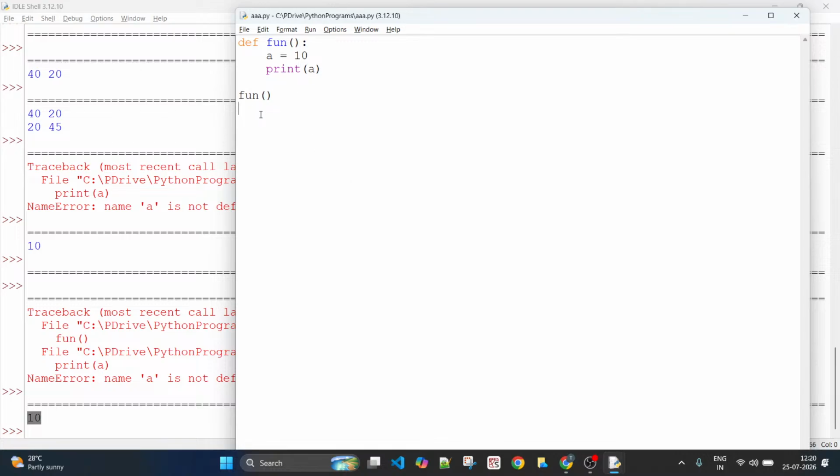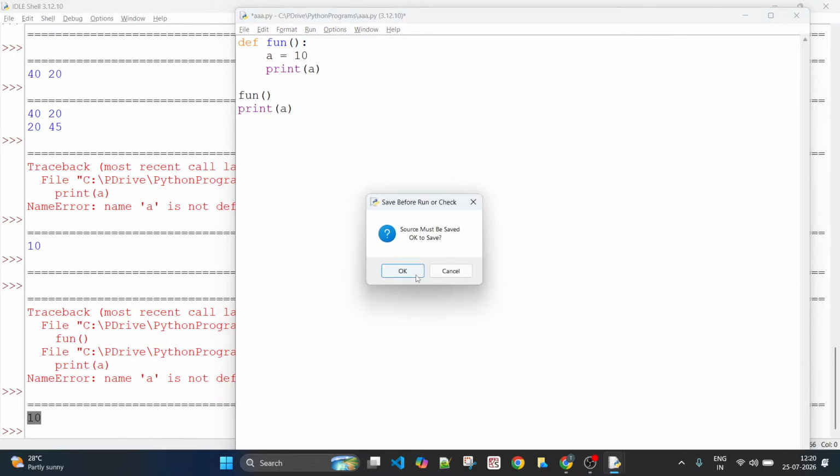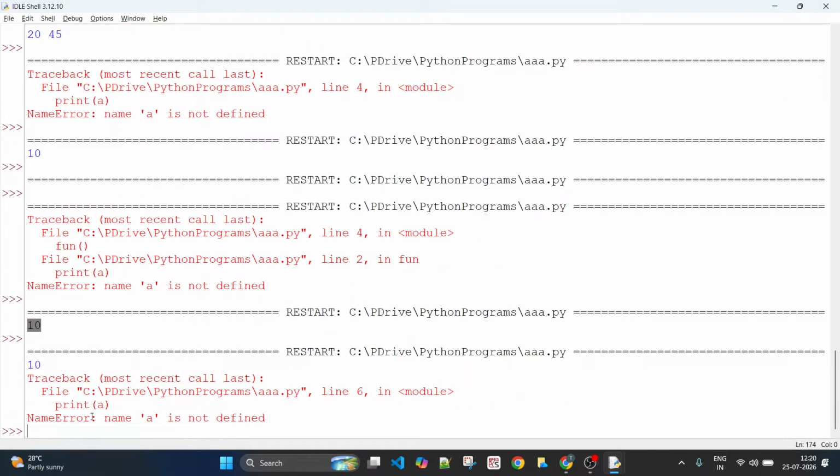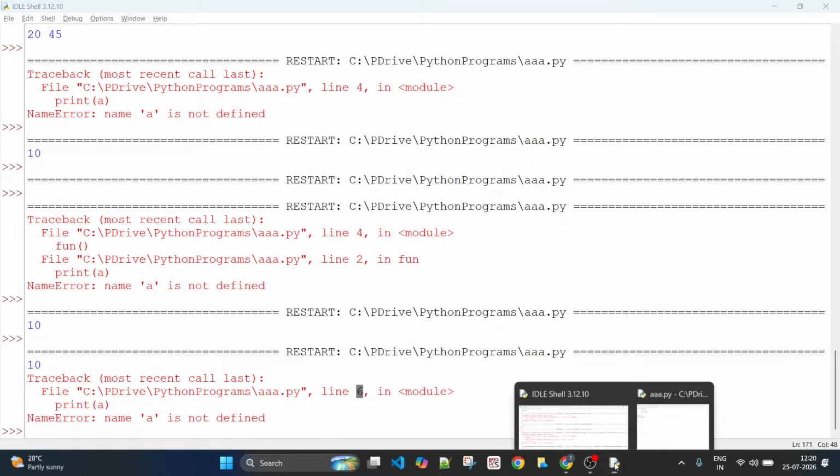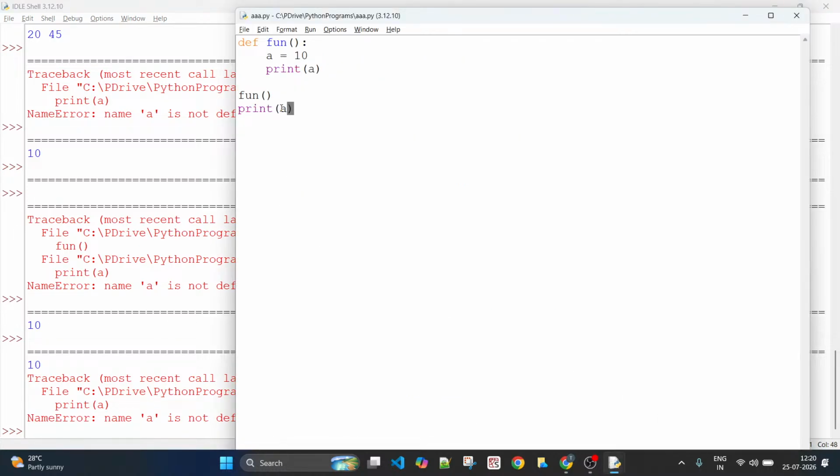But what if I try to print this A from this place? Okay. As you see here, you get a name error. But on line number 6 this time. What is there on line number 6? Line number 6 is this one only. One, 2, 3, 4, blank line, 5 and 6. On the sixth line, you see you are accessing A, but it has thrown an error. Why? You have variable A, no?